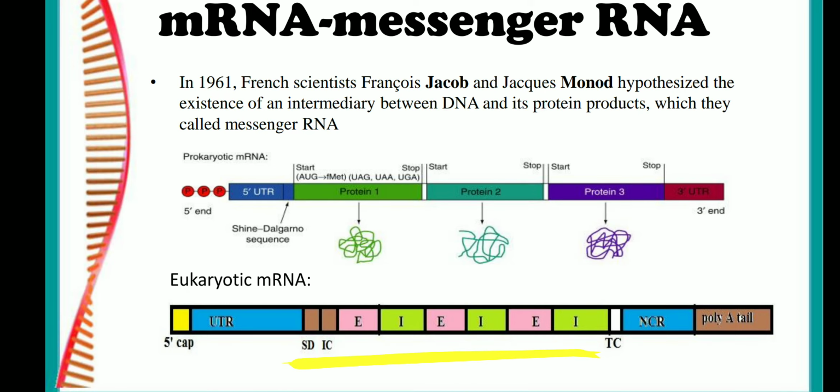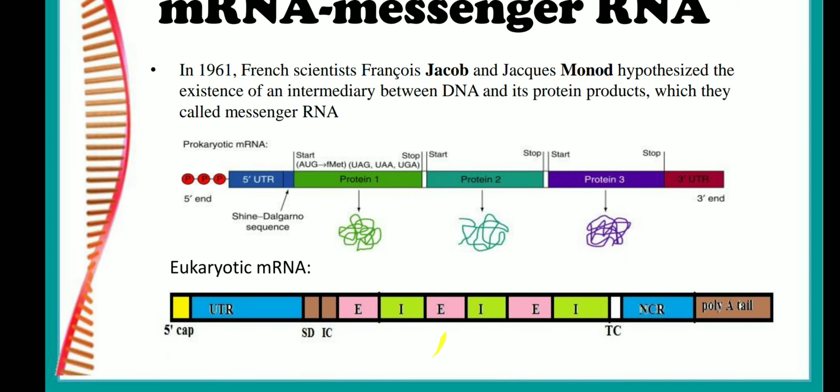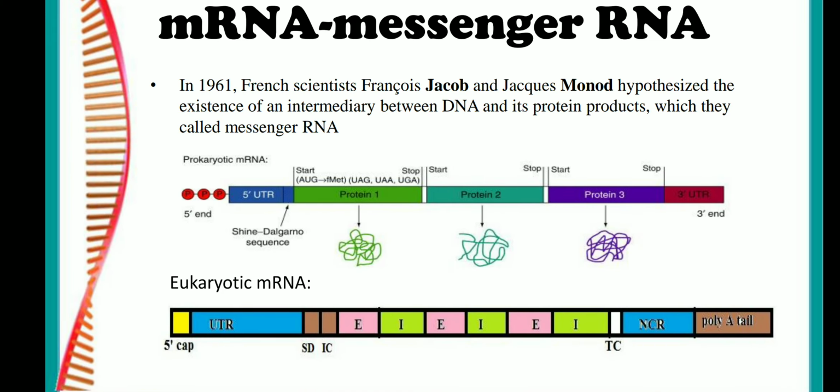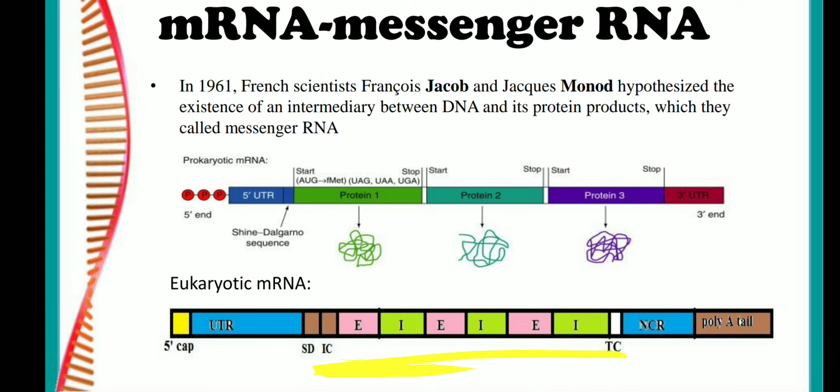Now in eukaryotes, AUG, the start codon, codes for methionine and not formyl methionine, which is followed by a protein coding region. The protein coding region will have introns and exons in eukaryotic mRNA. Exons will code for proteins and introns do not code for any proteins. Therefore, during post transcriptional modification, once the mRNA is synthesized, the introns will be spliced out and all the exons will be joined together, so that the mRNA can go for protein synthesis. Before that, all the intron molecules will be removed. Once introns are removed and exons are joined, this region will code for the protein.